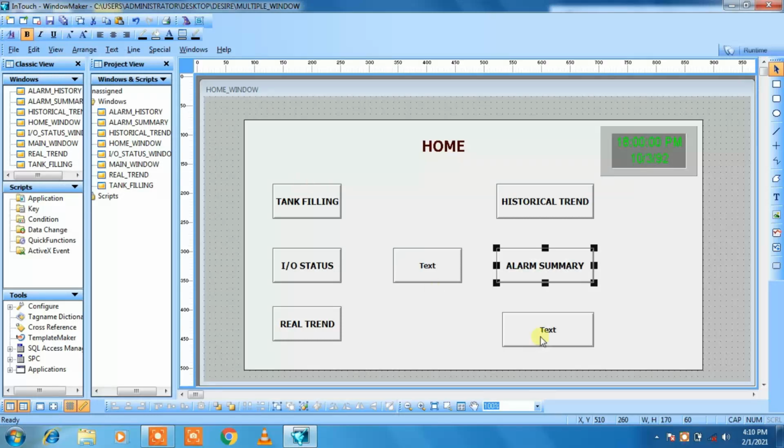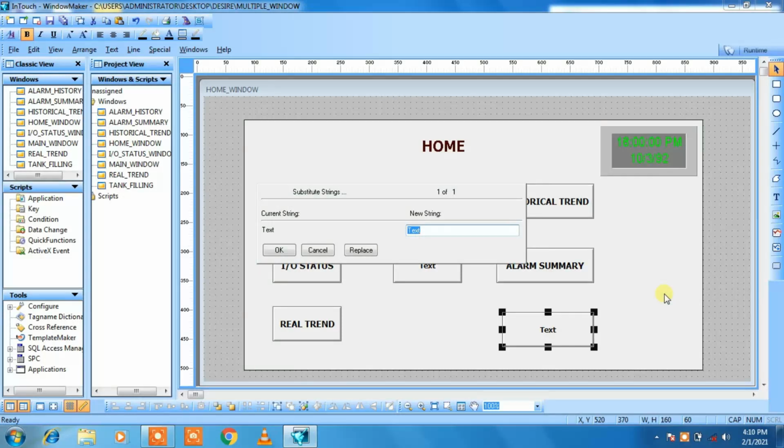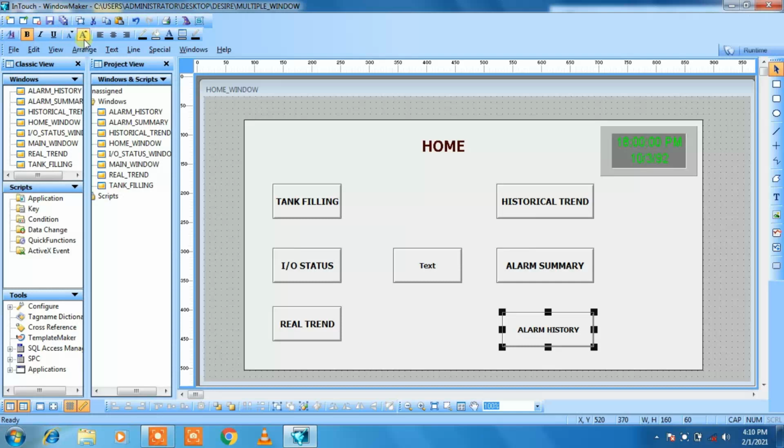Okay, then click on next button, right click on it, go to the substitute string, then give the name as alarm history, then click on OK, then maximize it.